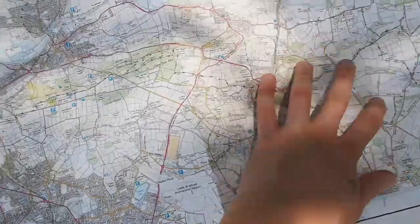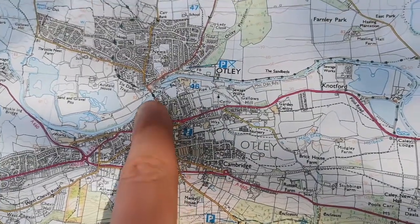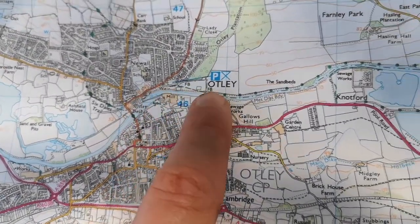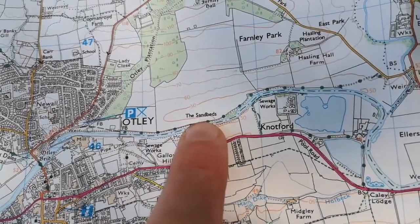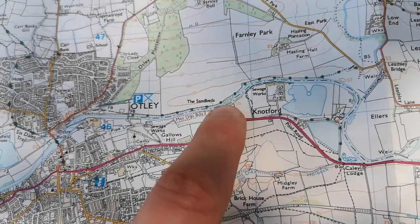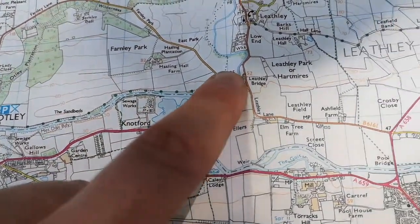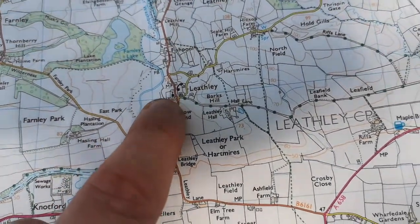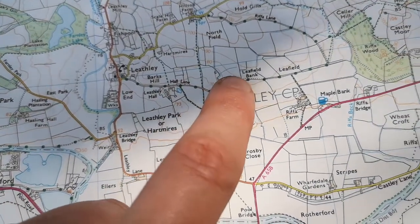Right, so today's walk, we've started here in Otley, and so far I've gone over the old Otley Bridge there and down this really nice stretch of the river. I'm actually at the moment on this part called the Sandbeds, so I'm somewhere about here, and then I'm going to keep going down until we get up here, and then I'm going to cut up this road up towards Leathley, see the church, then cut down here, down this lane. It should be really nice